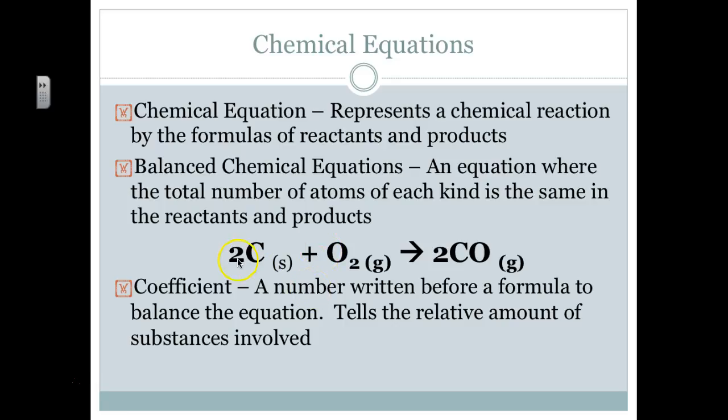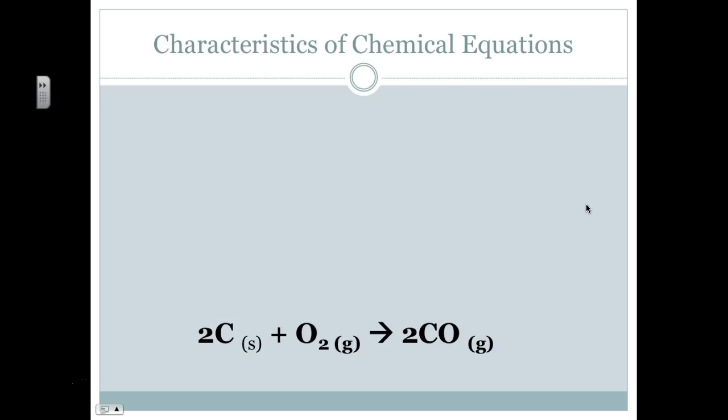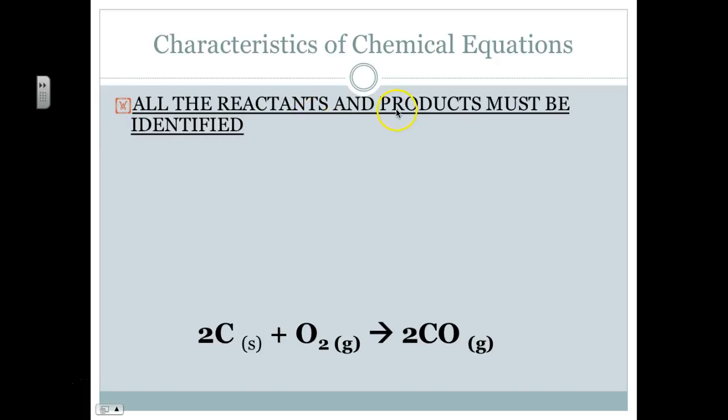And again, you don't have to technically balance these yet, just be able to say, oh yeah, this is balanced. And we'll look at another example here. So what are some characteristics? What are some important things about chemical equations? First, all the reactants and products must be identified. That's basically a very fancy way of saying you have to have the exact same kinds of elements on